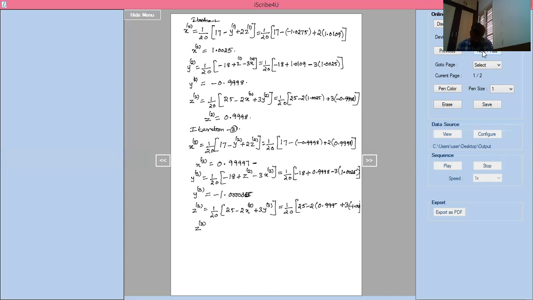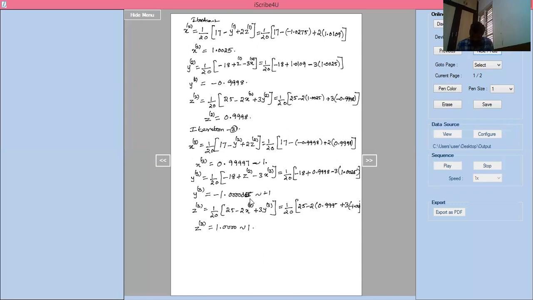So z of 3 equal to, if you simplify this, you will get 1.000 or 4 zeros. You can see here, we are getting approximately, you can check by using the calculator also. It is nearer to 1. I can write this x of 3 approximately as 1. Remaining should be minus 1.4 zeros or 5 zeros, 1. I can write it approximately as minus 1. And this one, z of 3, I can write as 1.